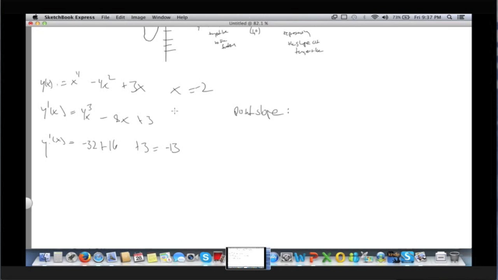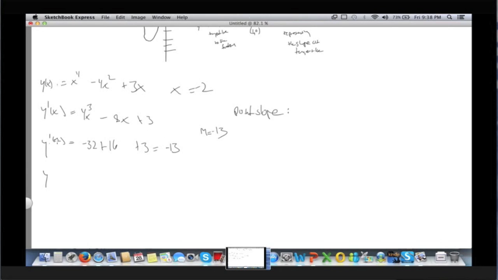-16 plus 3, -13. Okay, so slope equals -13. Okay. And what's the label for that last line that you just worked out? The -32 plus 16 plus 3. What label did you write down for that line? Slope. On the left. Okay. Each of those equations is written. First, you had y of x equals x to the fourth minus 4x squared plus 3x. So what's the label for the line we just did? This is y prime of